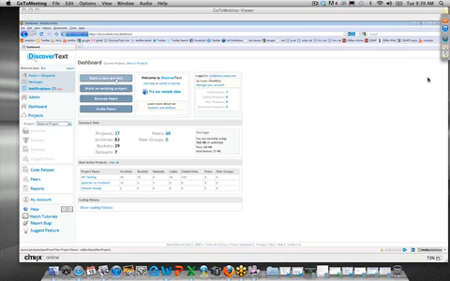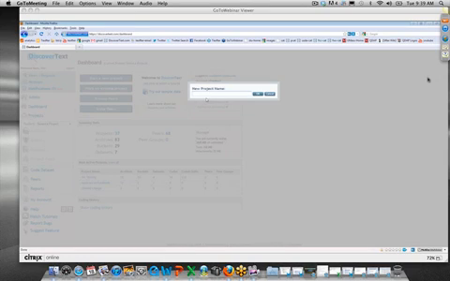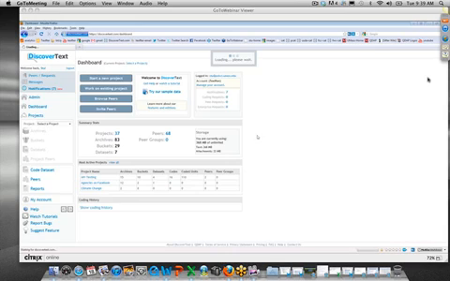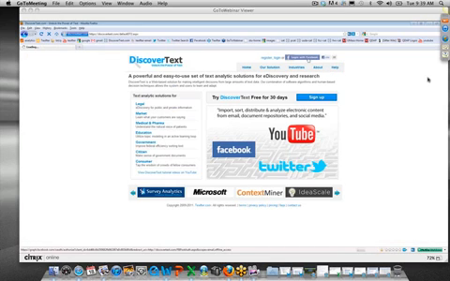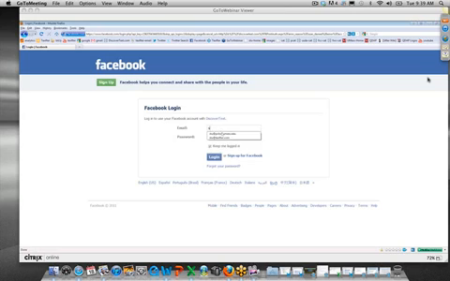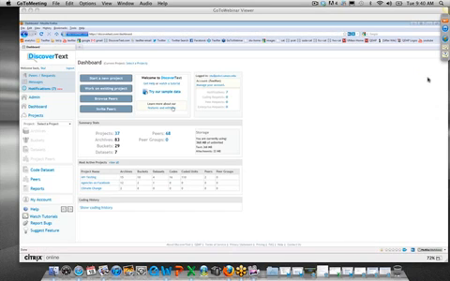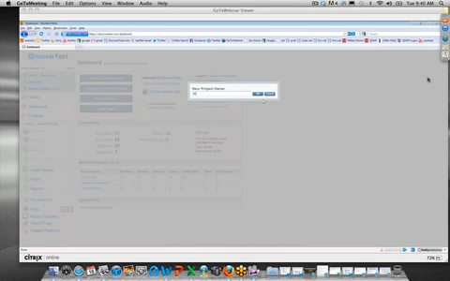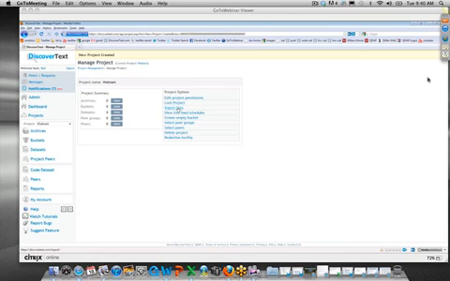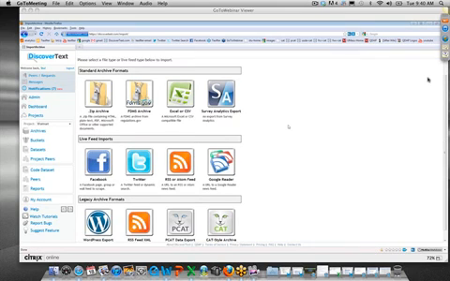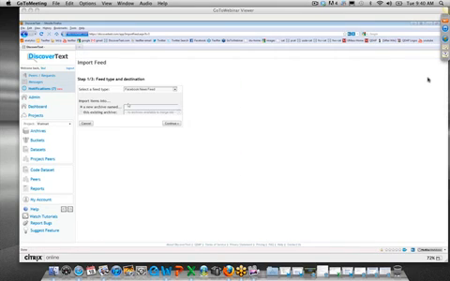But while we're here, I'll just say, come in, start a new project. Say you're interested in Walmart, right? Something like that. I guess I got logged out. I should say something about the whole Facebook login too. So you're interested in Walmart, right? And you want to import some data off the web. This is the page you were seeing. Wow, this looks nice. This is new. It's just this easy.